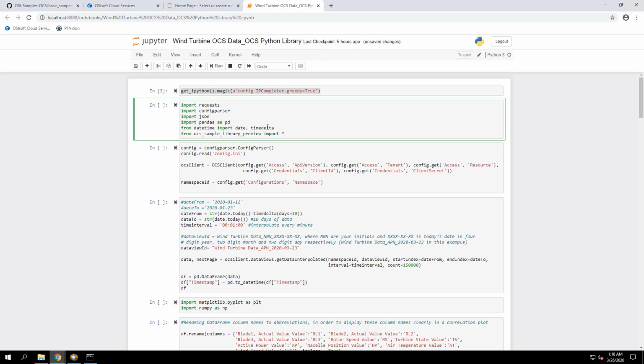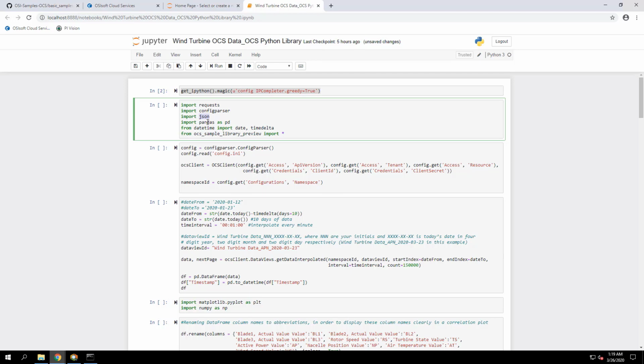In the next cell, we're importing a few classes. We're importing the requests class because we're going to make API requests. We're also importing the config parser because we're going to read data from the configuration.ini file. We're importing JSON because we're going to use some JSON formatting and JSON functions.